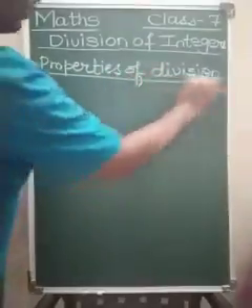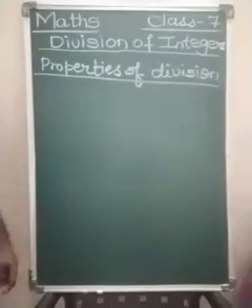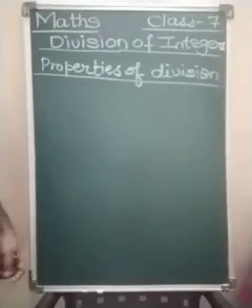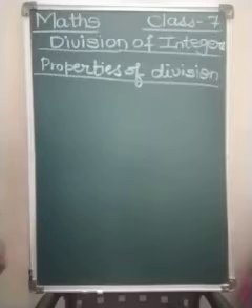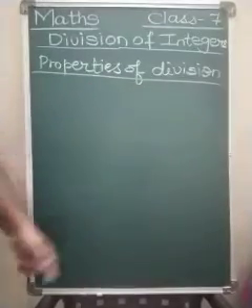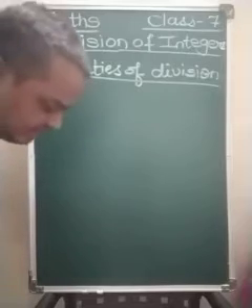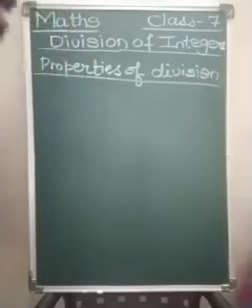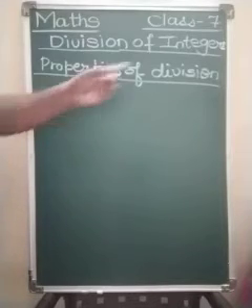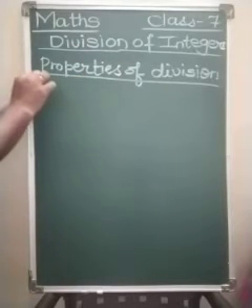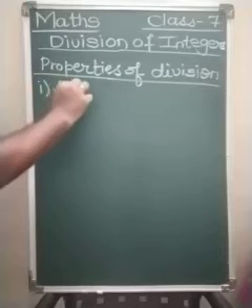Now, properties of division. There are not many properties in division because there is no commutative property, there is no closure property, there is no distributive property in division. But yes, we have to see only two properties, that is, when we divide an integer by 0 or when we divide an integer by 1. So, properties of division of integers. First we write for